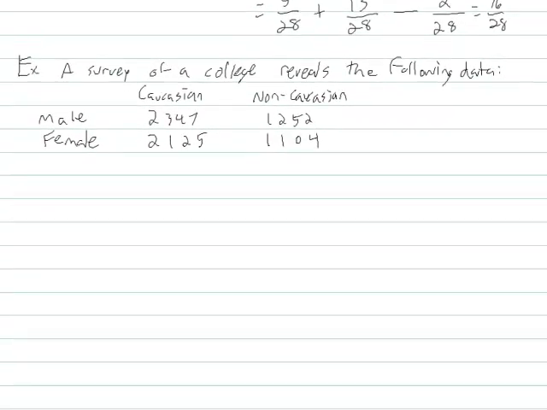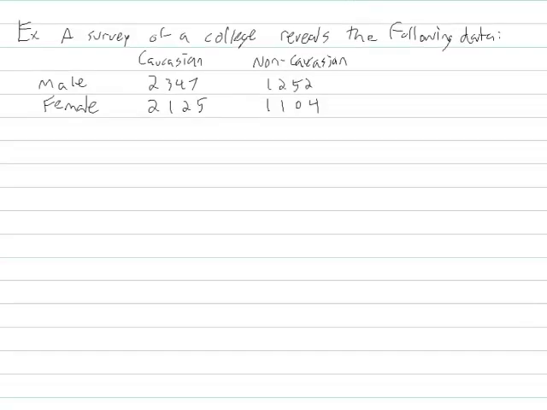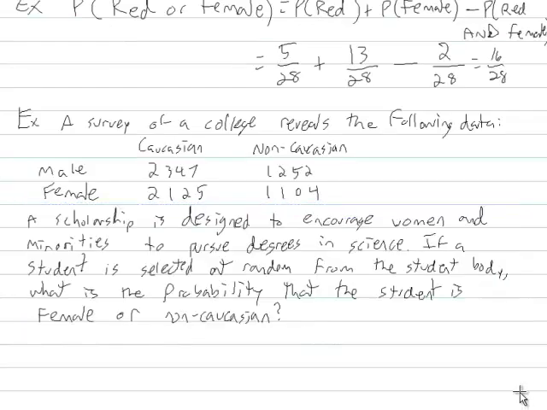We have a survey of a college that reveals the following data. We have a certain number of Caucasian students and non-Caucasian students. We got males and females. That's all it's broken down into. Now here's what we have to do here. We have a scholarship that's designed to encourage women and minorities to pursue degrees in science. So if a student is selected at random from the entire student body, what is the probability that the student